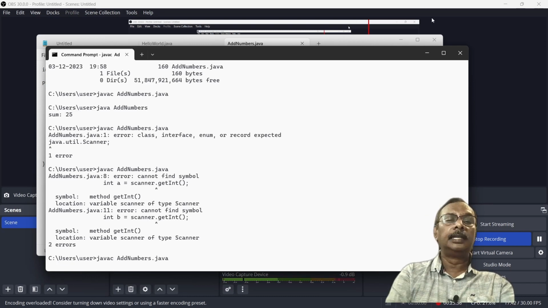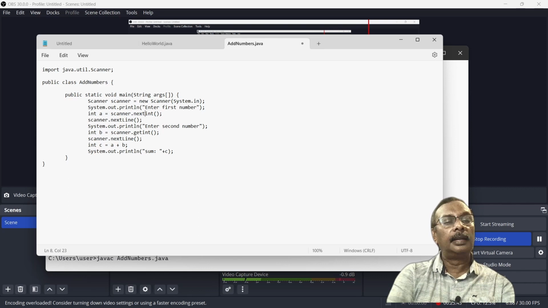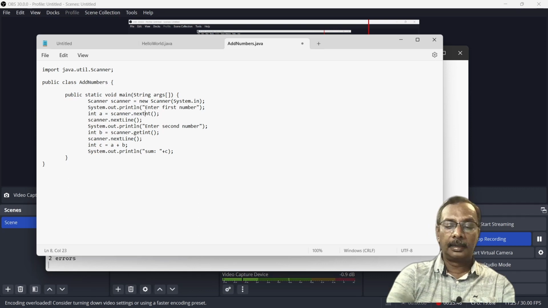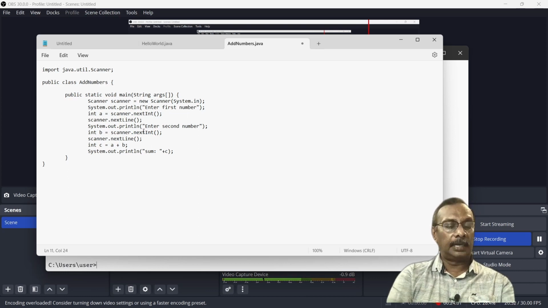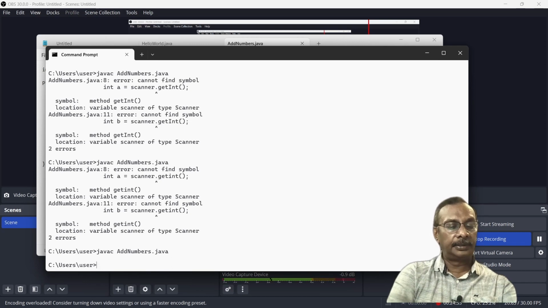Next, nextInt. Compile again. Compiled. Now I say java